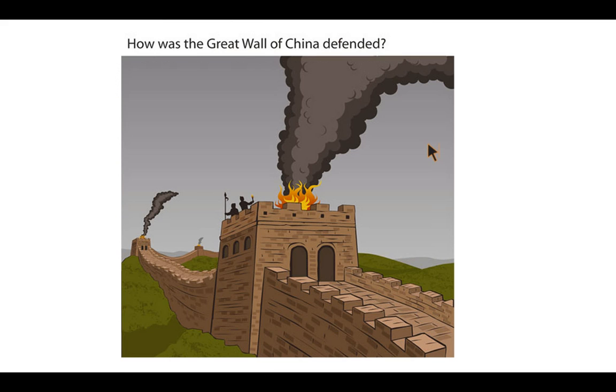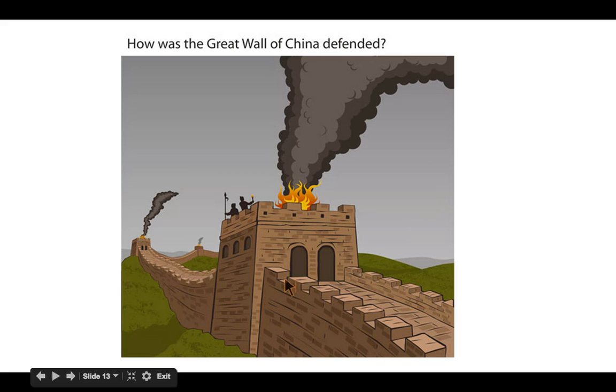All right, so how was the Great Wall of China defended? The Great Wall included a series of watchtowers and forts, which could house soldiers, grain, and weapons. Beacons could enable the passing of messages quickly along the wall. Special weapons were developed to enable the wall to be defended against attack, replicas of which are on display on the modern-day wall if you go visit. At one time, it's thought that up to 1 million soldiers were stationed along the length of the wall.